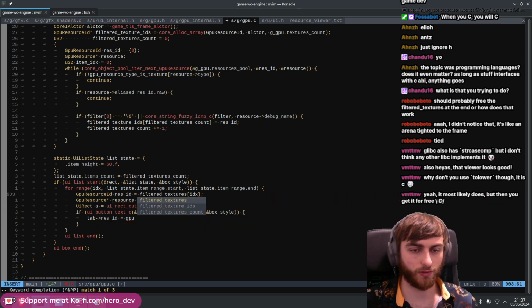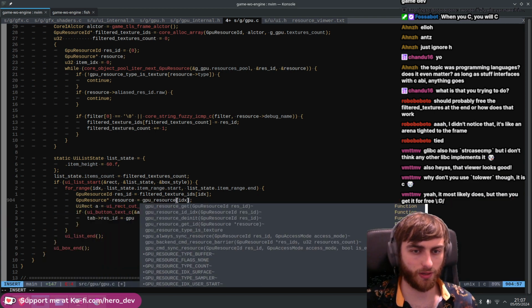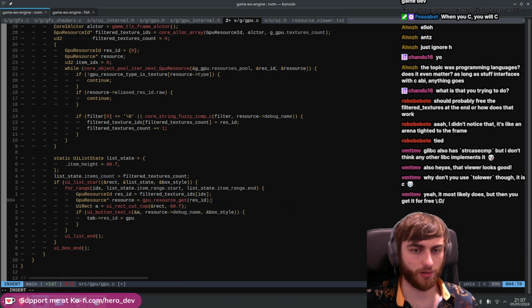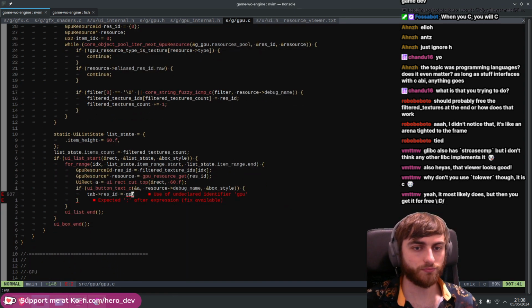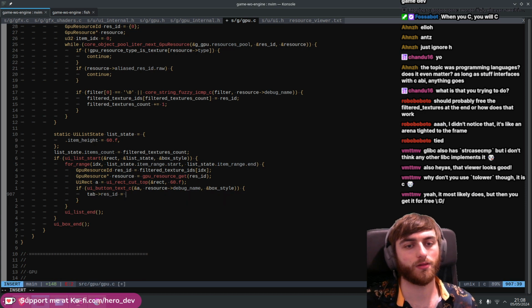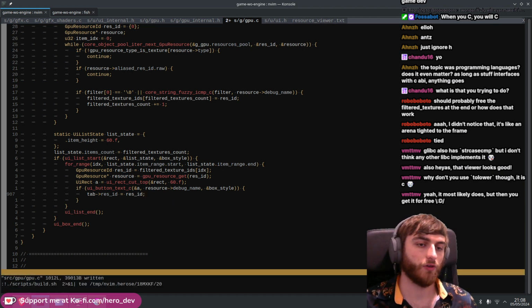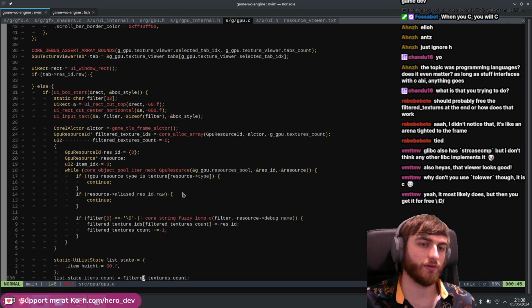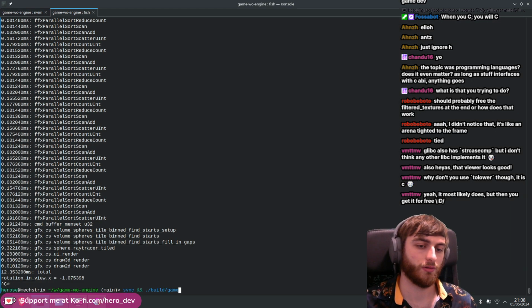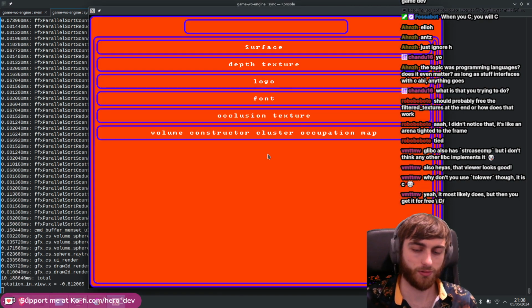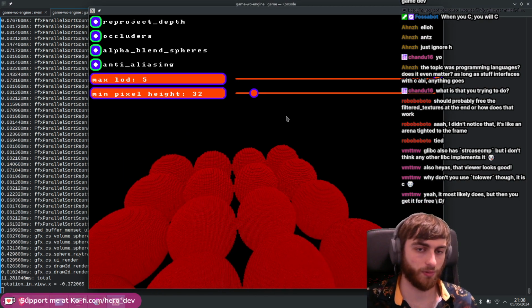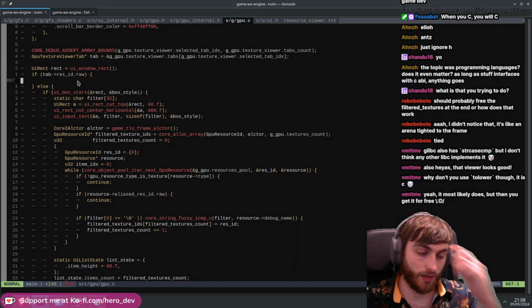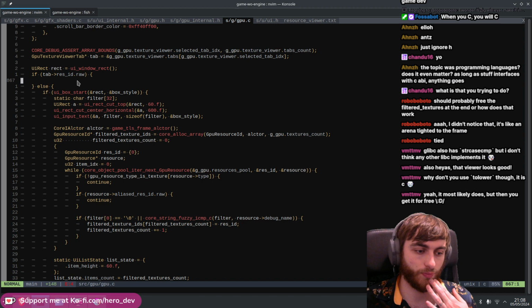Res ID, number of textures, GPU resource get, and res ID. Yeah, so we just say, hey, this one's been selected, we'll now go and view it. So we should basically just see it disappear now. So we give it a run, click, disappears. Perfect. So now we can go ahead and put some proper